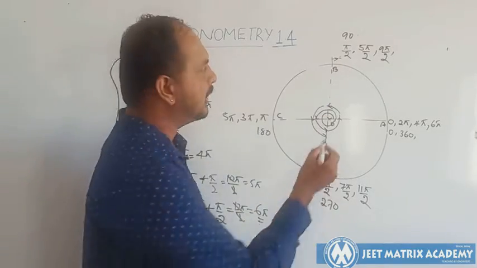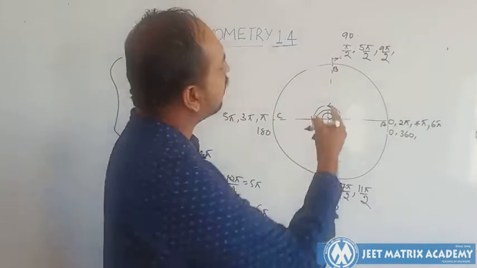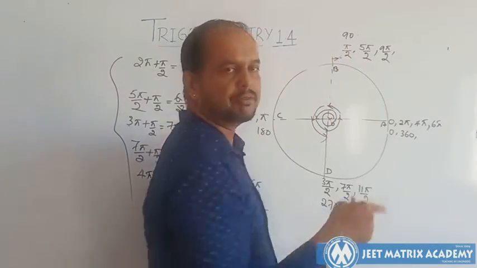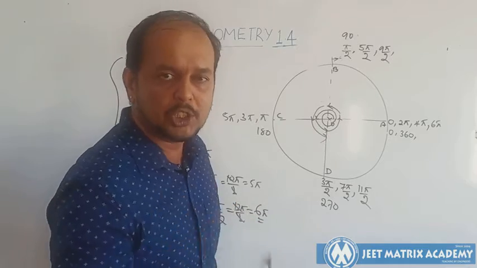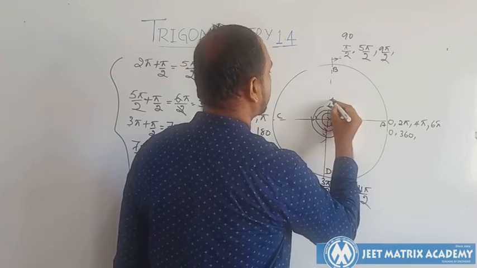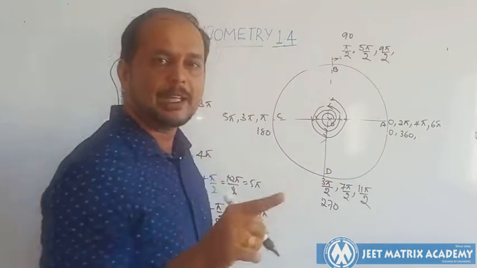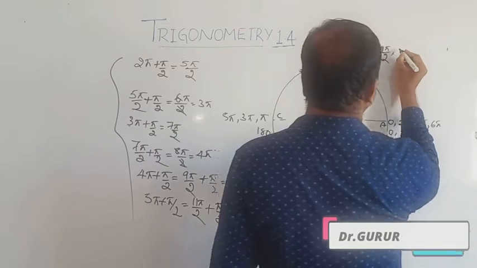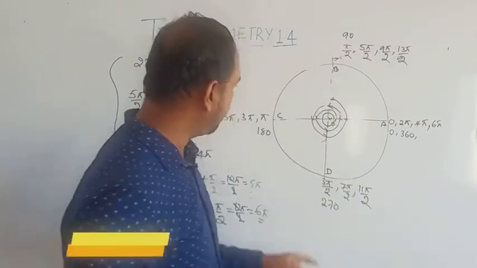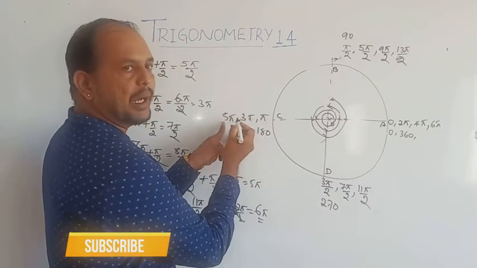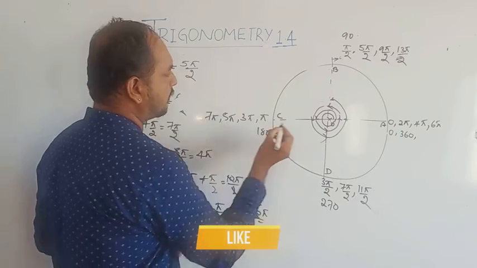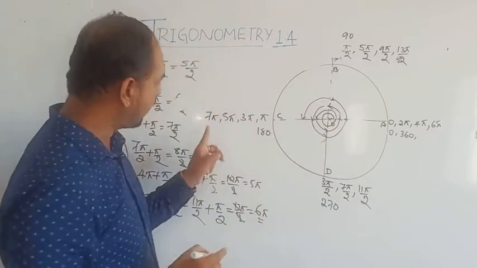Similarly, here you could see this is pi by 2. Next value you can see pi plus 4, that is 5 pi. 5 pi plus 4, it is 9 pi. So what should be the next value? You reached here, then you started here. So 9 pi plus 4, so it will be 13 pi by 2. Is it clear? What happened here? Pi, 2 pi, 5 pi. Next value should be 7 pi. Is it clear? 7 pi.